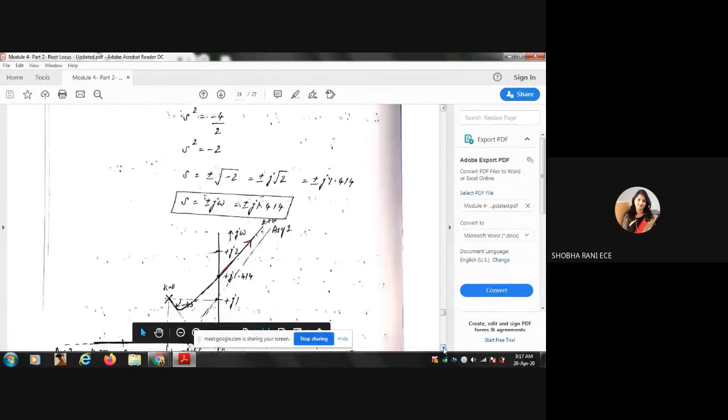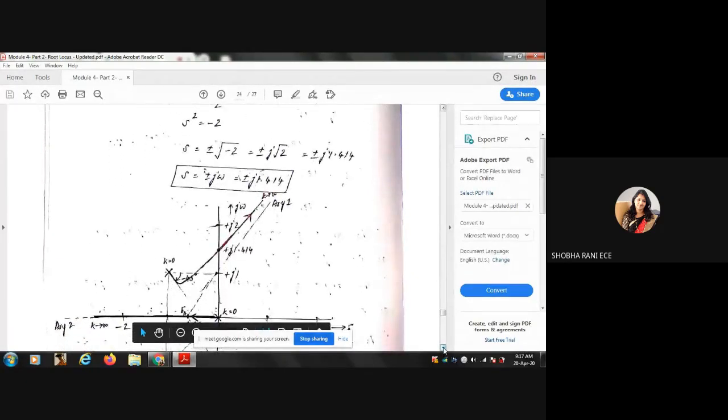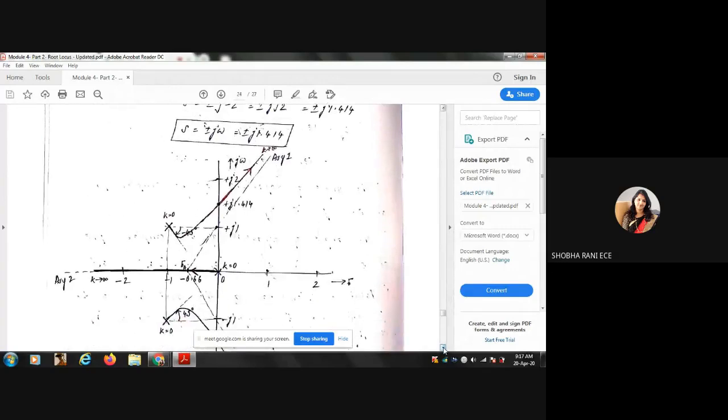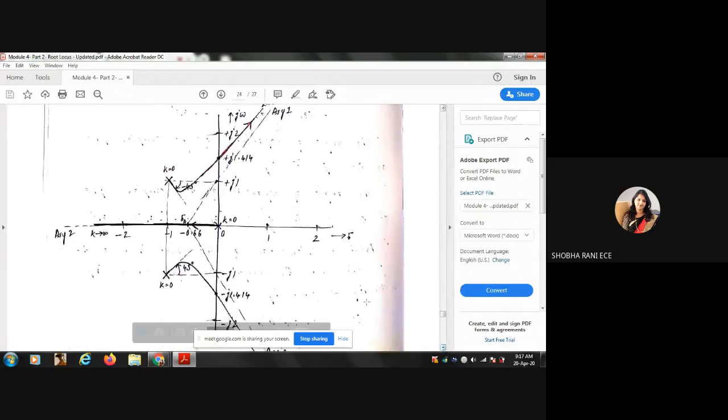So now I've got the value. Now let us see how to draw the root locus. The first steps, I think, are clear. First step is to mark the poles at 0, at minus 1 plus j1 and minus 1 minus j1. After we have done that, mark the arrow mark on the real axis. So I have marked the arrow mark, the root locus, everything is marked.